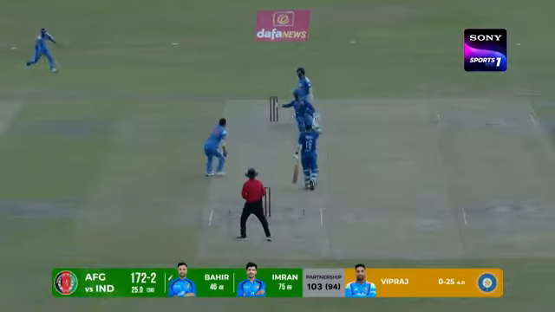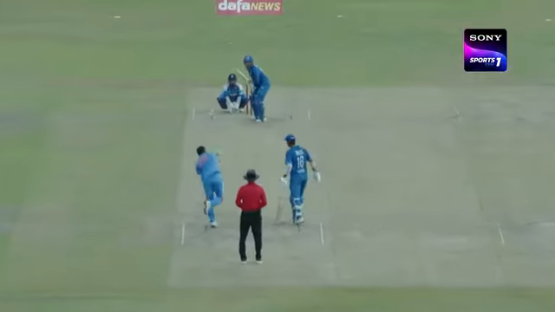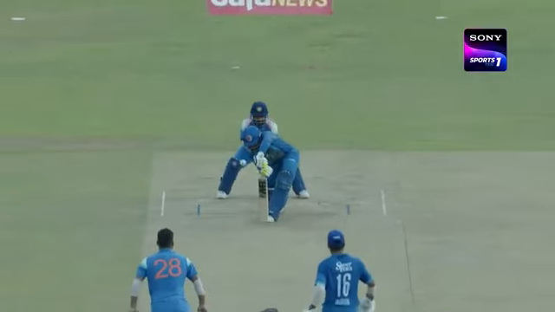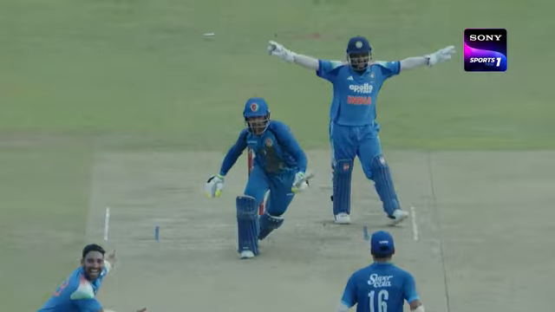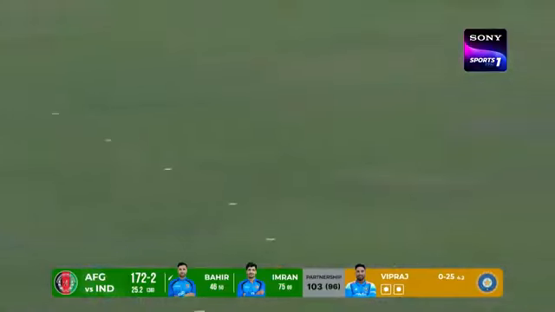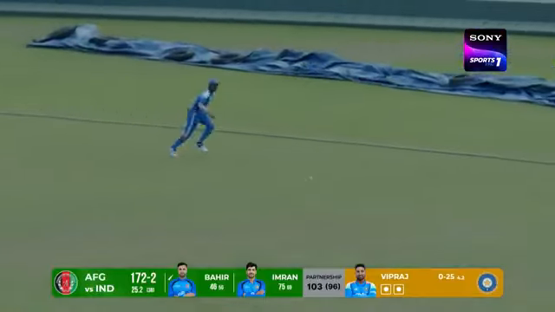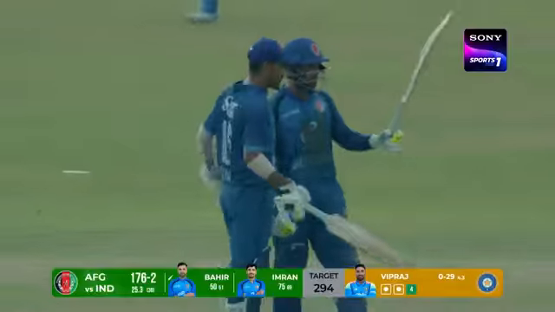A loud call, loud appeal. The wrong one. I don't think the batter read that. There was an inside edge in it. Good call from umpire Kotachi. That's swept, and swept in the gap. That's a boundary. That's a good shot from him. He brings up his 50 as well.